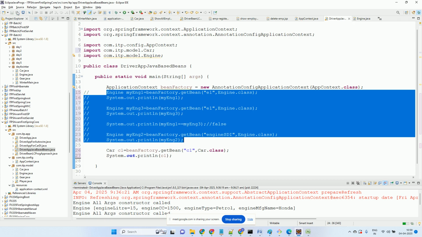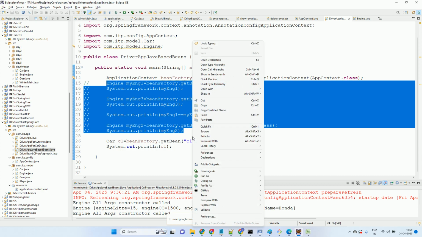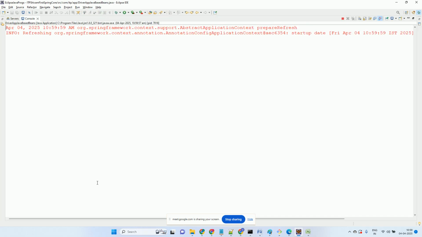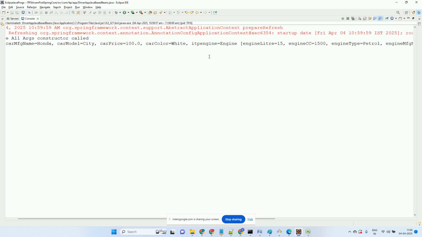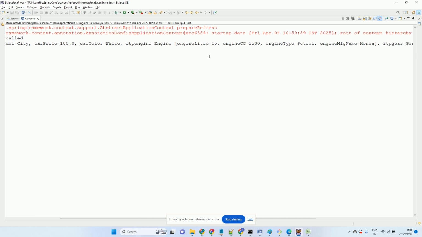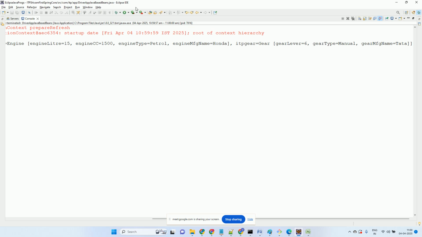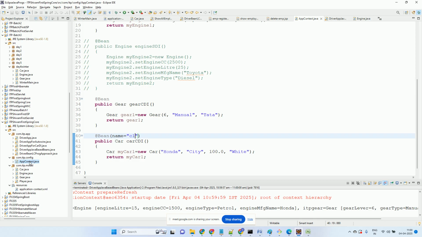अब ऑटो वायर्ड क्या कर रहा है, जहां जहां उसको डिपेंडेंसी है वो कॉन्फ़िगरेशन में जाके पिकअप करके इंसर्ट कर रहा है, राइट, सेव ऑल हो गया, राइट क्लिक रन एज जावा एप्लीकेशन एंड लेट्स सी हाउ इट गोज। डाल दिया उसने, कौन सी कार है, होंडा सिटी ब्ला ब्ला ब्ला, इंजन डाल दिया वो वाला, और गियर डाल दिया ये वाला, करेक्ट। अब अगर दो इंजन होते तो ऑटो वायर्ड बाय नेम, है ना।